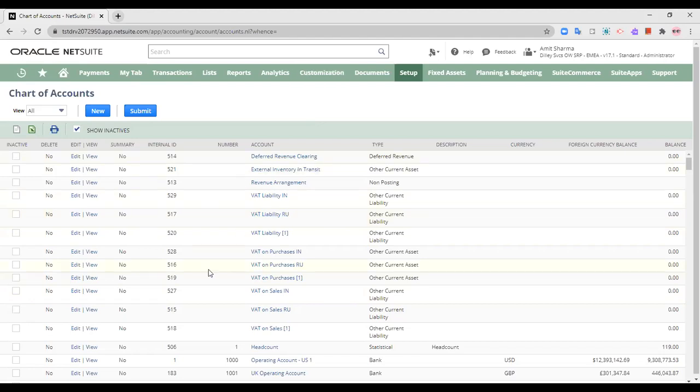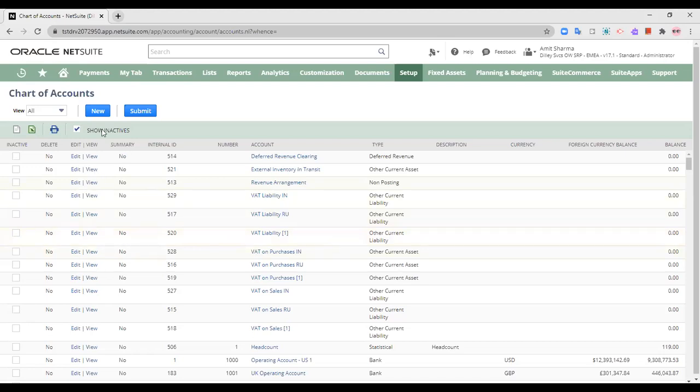And as you can see, all the important information for classification of any account is the number and the account, and the internal ID which is provided by the system itself. So this is my chart of accounts. As compared to other ERPs and other business entities, which have their chart of accounts in string sections, as per the stringed or chart-field segmented chart of accounts, this is actually smaller than what they have. NetSuite is flexible, and it helps you manage a smaller chart of accounts.